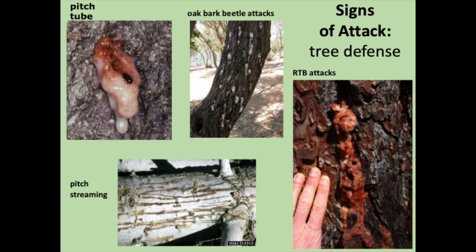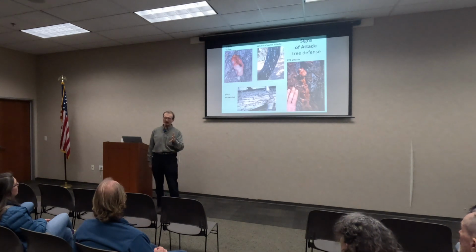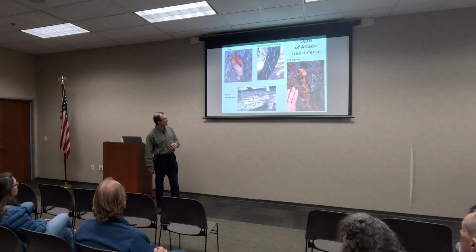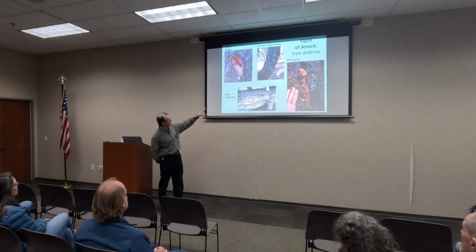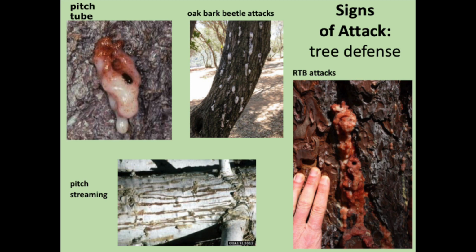If it's a healthy tree, has lots of water, they're met by this flood of resin that is produced by the tree. The tree literally tries to drown the beetles out. But resin is a toxic material, and it also hardens and can encase the beetles. Anyway, these are all signs that the trees are being attacked, but also that these trees are being successful at